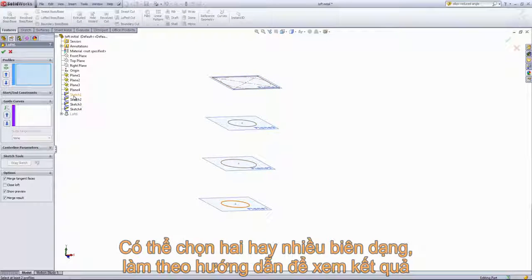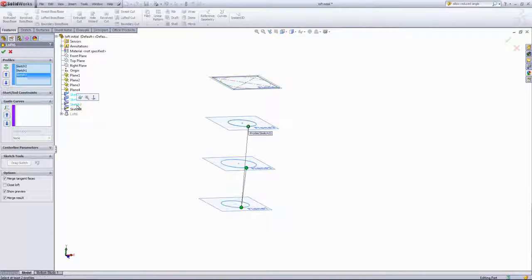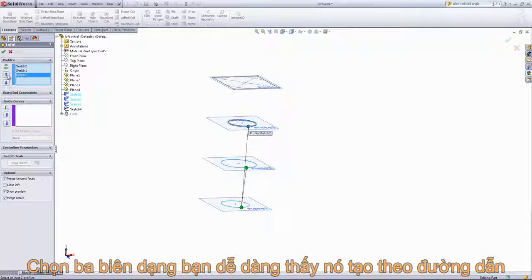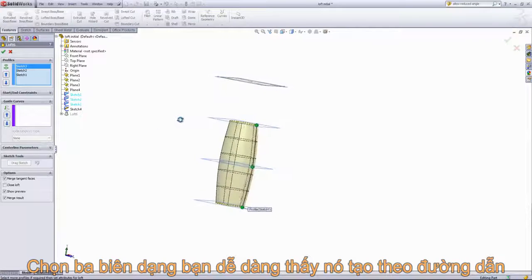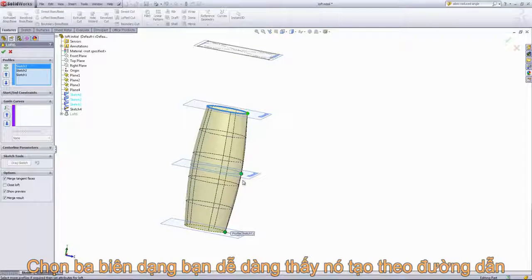Now from here, I'm going to go ahead and select out the sketch 1, sketch 2, and up to this point we've only done two profiles, and so we've had this first order connection between the two parts. So this is essentially a flat surface, or essentially a single slope surface. And if I select a third profile, you can see it's actually trying to connect that first profile and the third. If we just move this up to the right order there, you can see it actually connects these by a curve as opposed to just straight